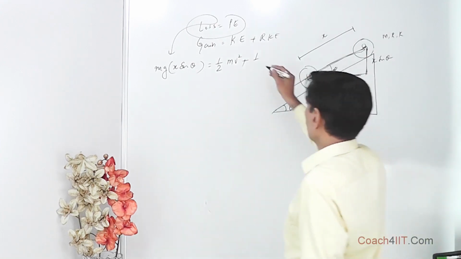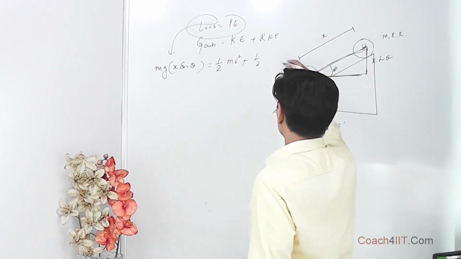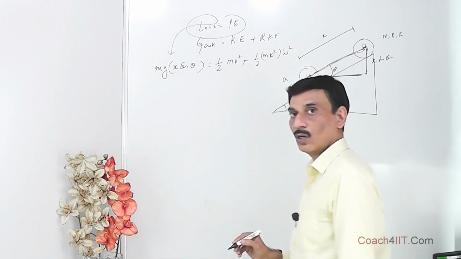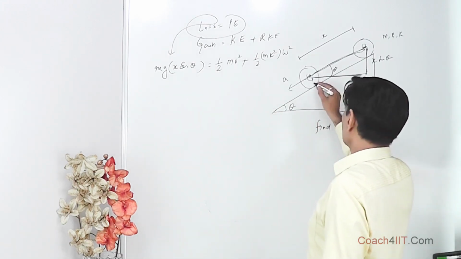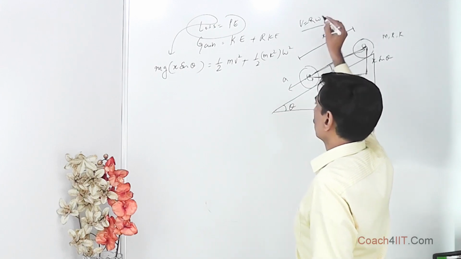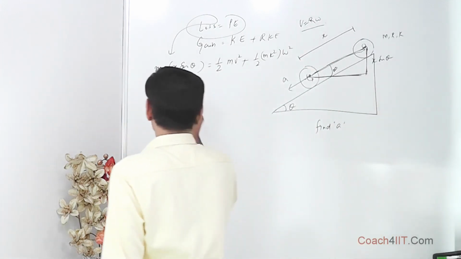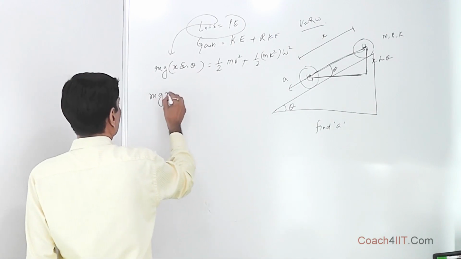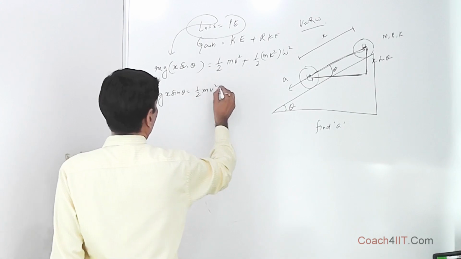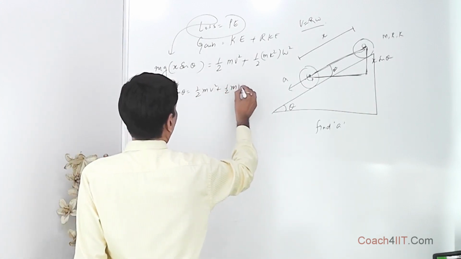So it is half I omega square, where I is mk square. Also, because there is no slippage, we can use the relationship v equals R omega. So mg x sin theta is equal to half mv square plus half mk square